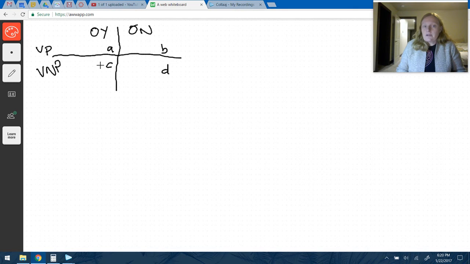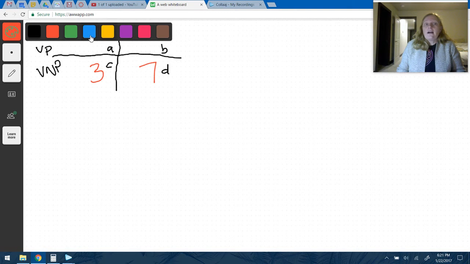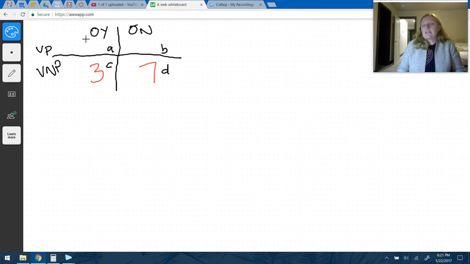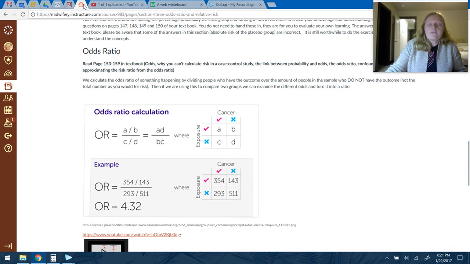Variable not present was if we don't have the birth control: 3 and 7 people who didn't get pregnant. Okay, and then I've updated it and modernized it, and now 1 person got pregnant on my birth control and 19 didn't get pregnant on my birth control, right? And you can see when we go back and we look at odds, the same difference between looking at risk